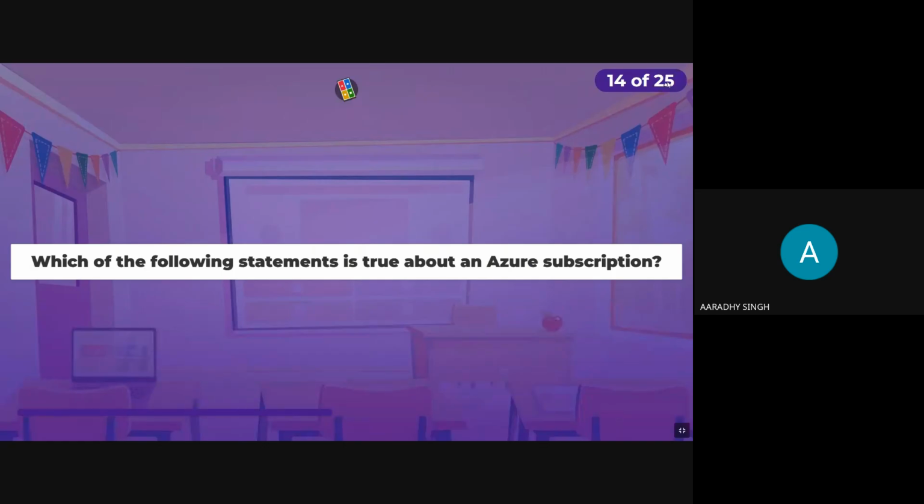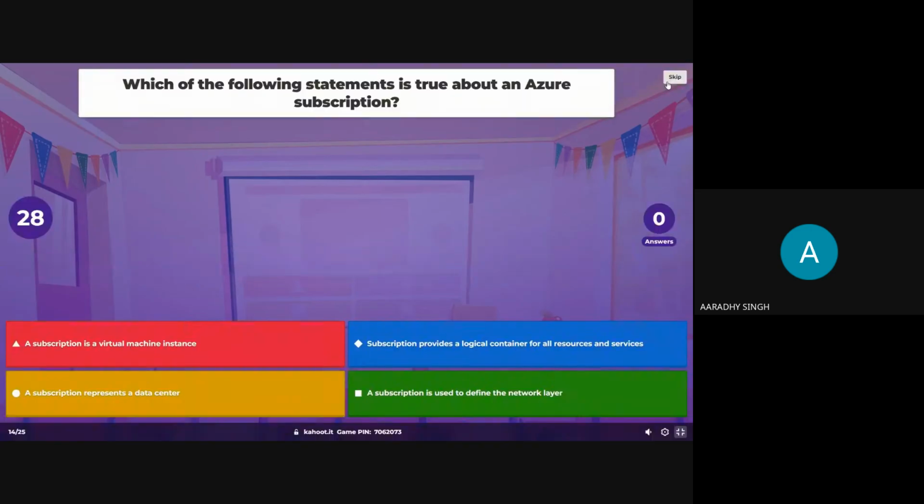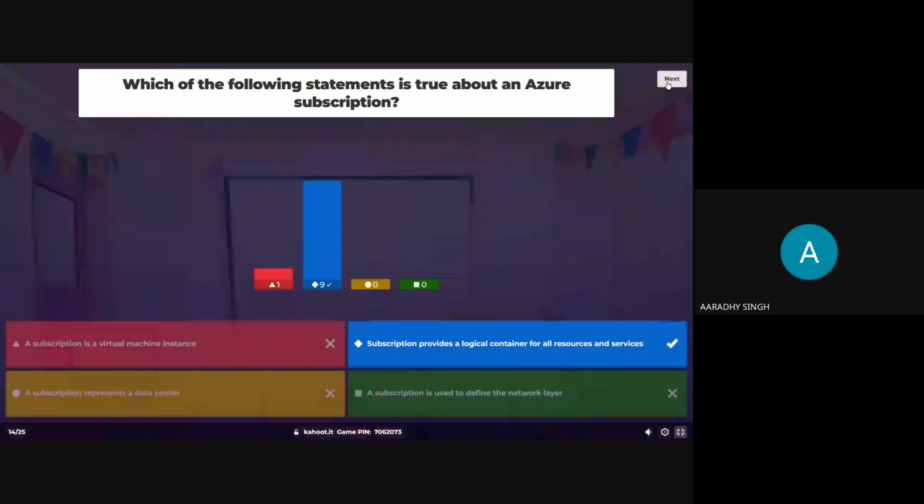Which of the following statements is true about the Azure subscription? Is an Azure subscription a virtual machine, a logical container for all resources and services, a data center, or a network layer?